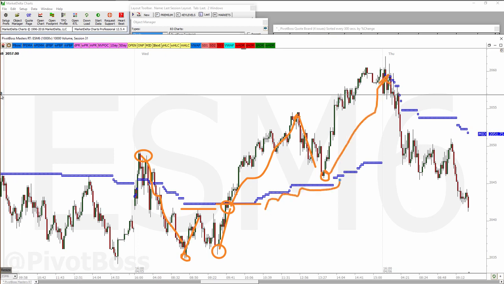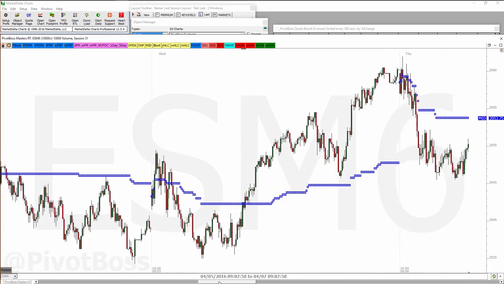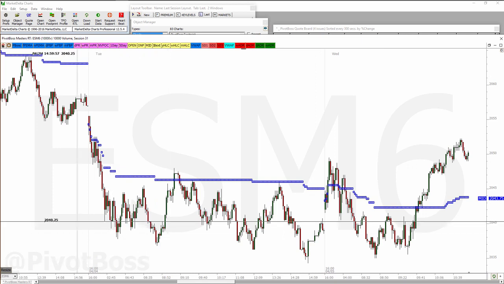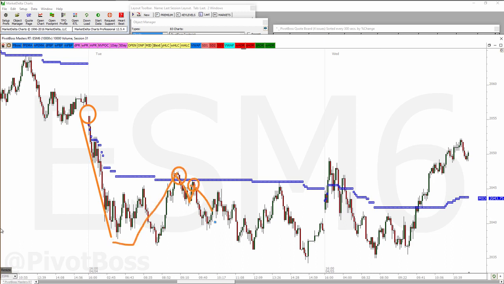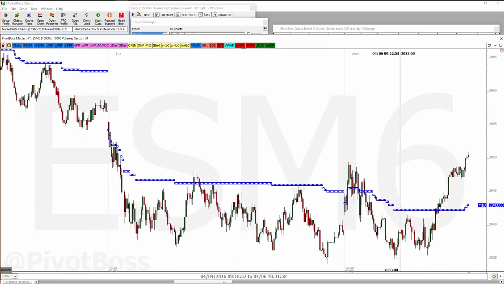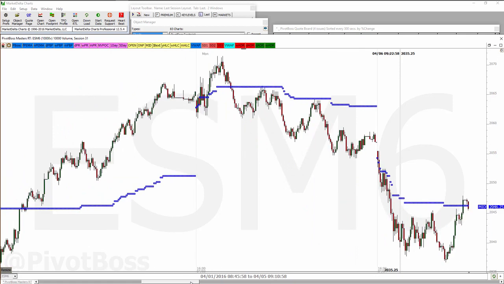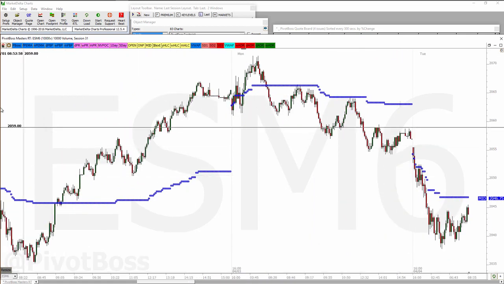So when midpoint is stair-stepping higher, like taking the stairs up, you want to defend pullbacks to the staircase, right? If you look to the left over here, you can see how it becomes clear resistance after an early sell-off to begin the overnight session. A big sell-off, price comes back to it, defends. The midpoint just becomes a clear level to watch. Time and time again, you can see every single day there's some sort of great test off of that level. And again, sometimes the best levels occur after a change of bias.